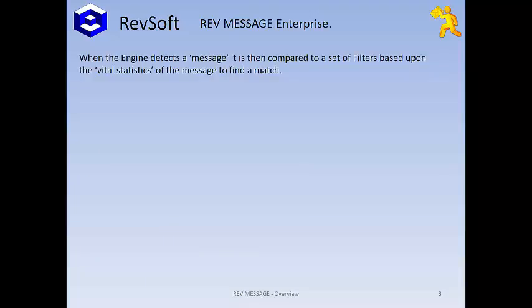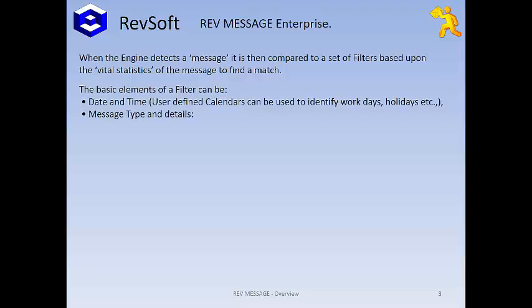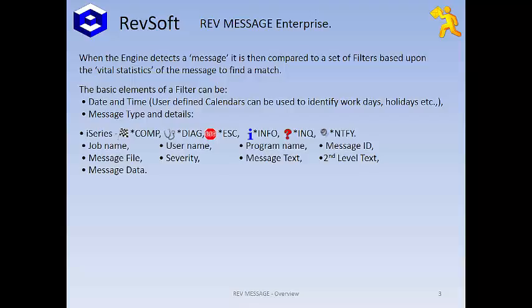When the REV Message engine detects a message, it is then compared to a set of filters based upon the vital statistics of that message to find a match. The basic elements of a filter can be date and time, and user-defined calendars can be used to identify workdays, holidays, etc. Message type and details, and on the iSeries, as well as filtering by the possible message types, you